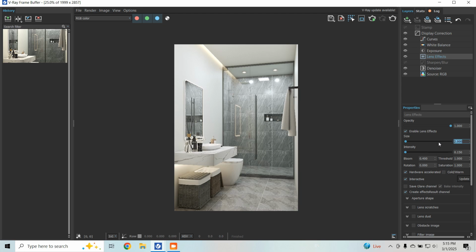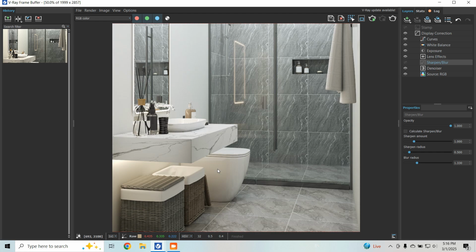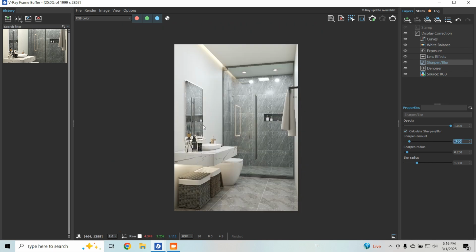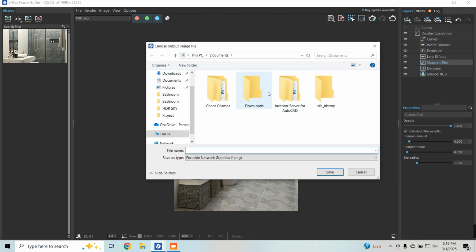Okay, now buffer. Can we make the sharpness here? Okay, to sharpness. Now let's reduce to 0.25, then 0.5. Okay, now this is perfect. Okay, now you can just save your